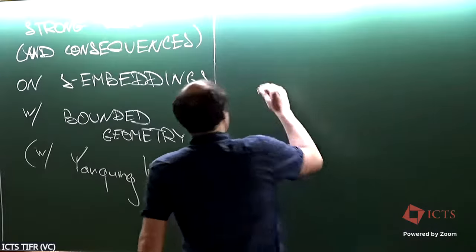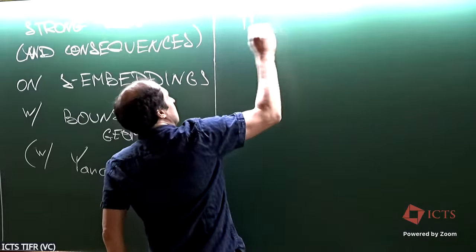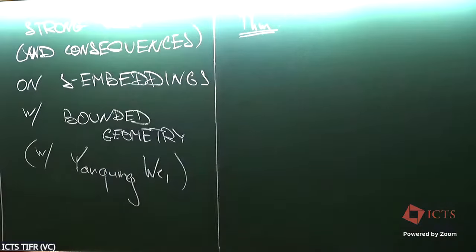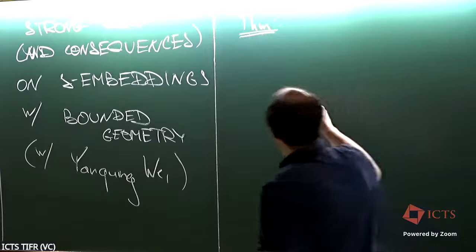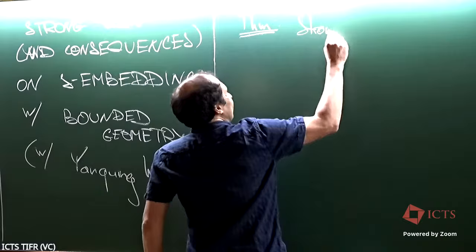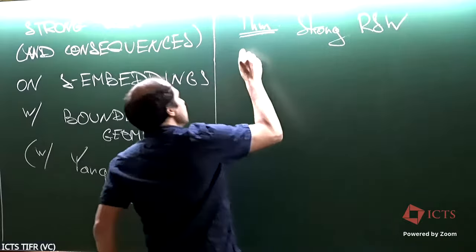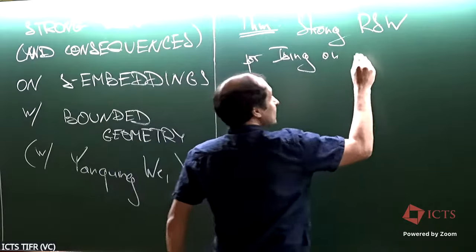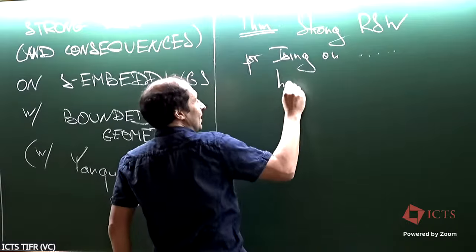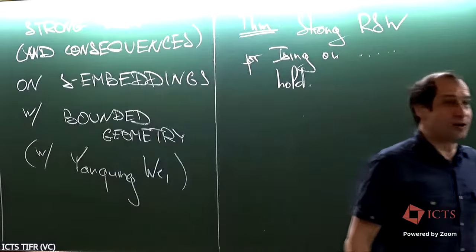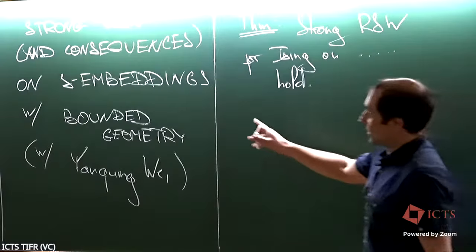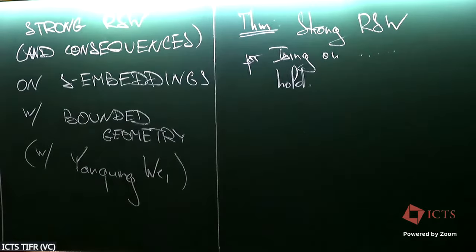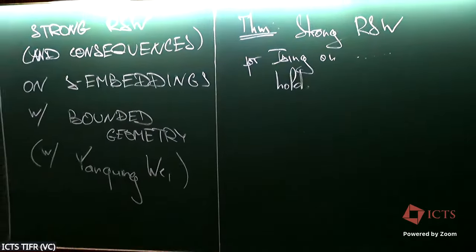So what is this theorem? And I'll formulate it in a very provocative way. Just as the title, strong RSW estimates for the Ising model on S-embeddings. Okay, right now you didn't learn anything. And my idea is that actually this part of the blackboard is not visible where the title is, even though the line is there. I suspect that the title is not visible to those who are following us through Zoom.